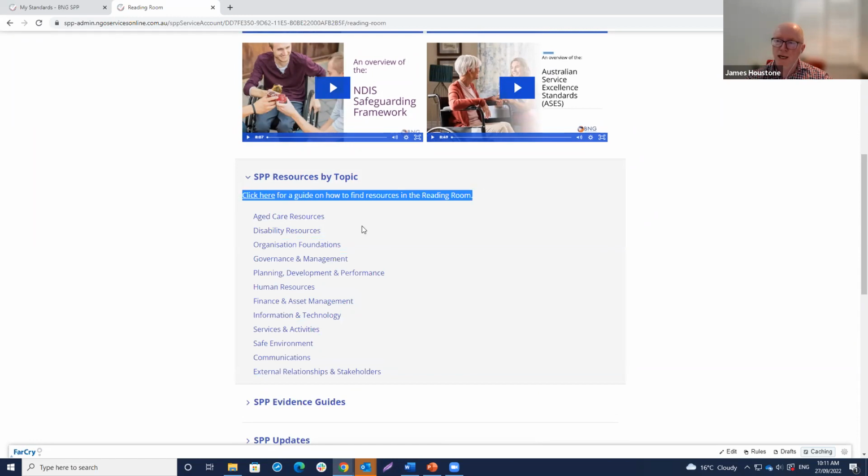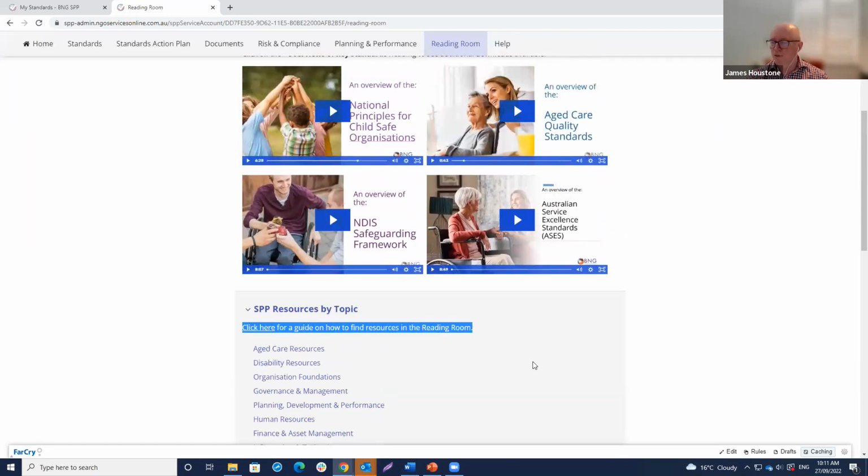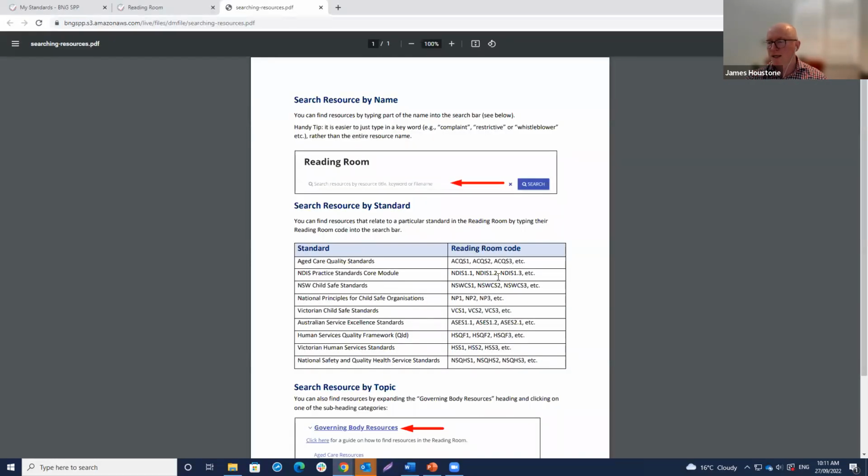But I also want to point out, and even people that are familiar with the platform might not be aware of this, there's a little guide here which explains how you can search for documents in the reading room. What we've done with a lot of the resources is tag them based on the standards they're relevant to.